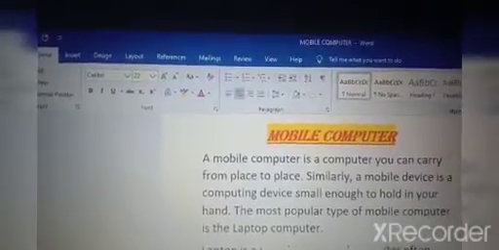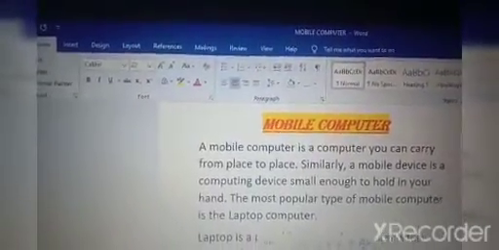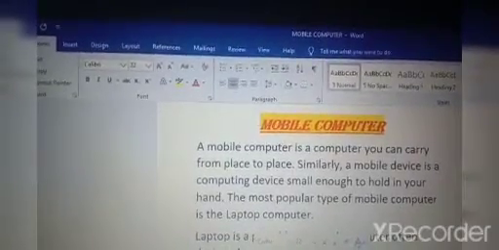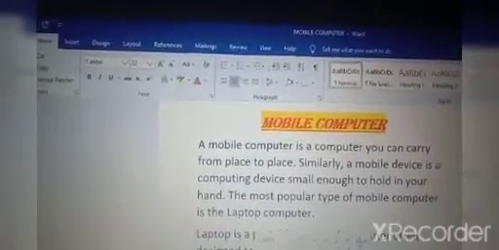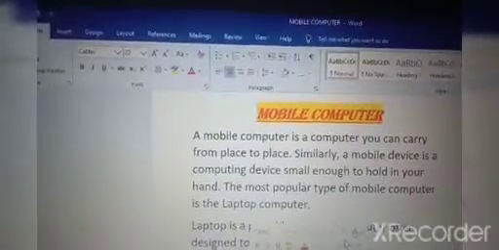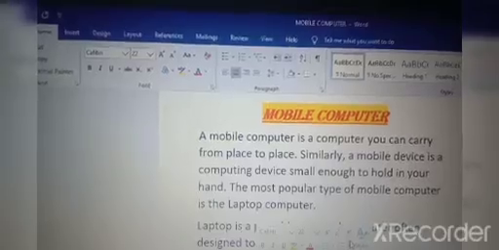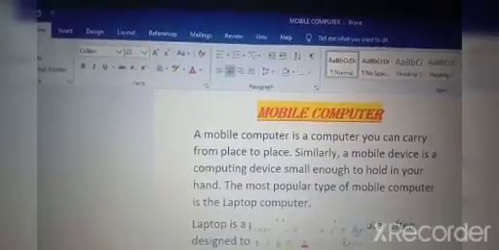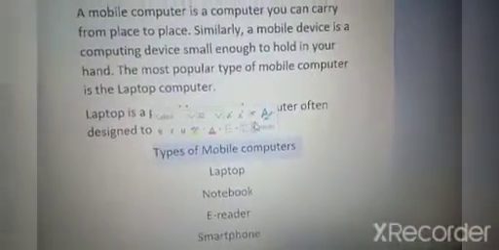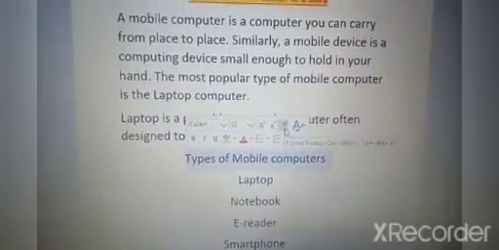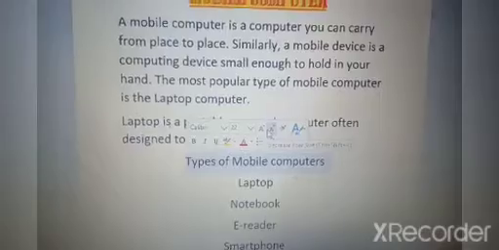You can see, in the Font group, what is there? Font size, font style, bold, underline, italic, increase font, decrease font, and what? Font color is there, and this highlighter is there. The same things are there in the mini toolbar. All the options are there in the mini toolbar.